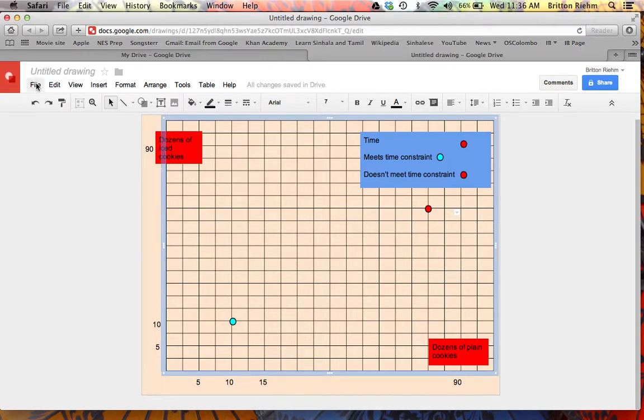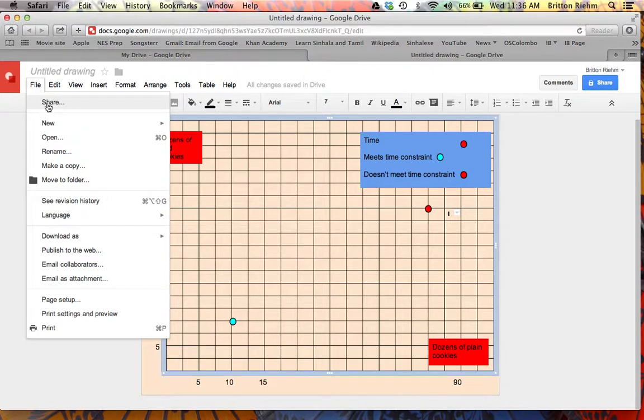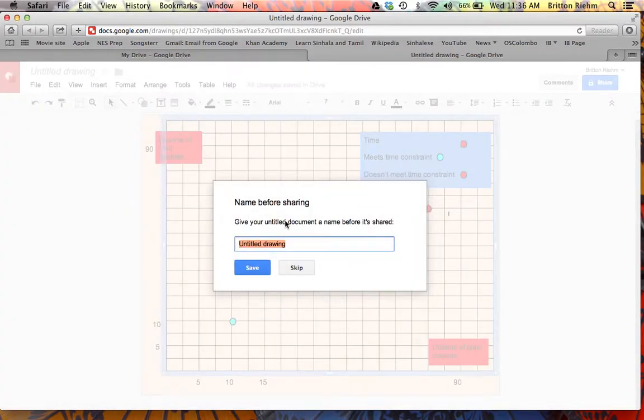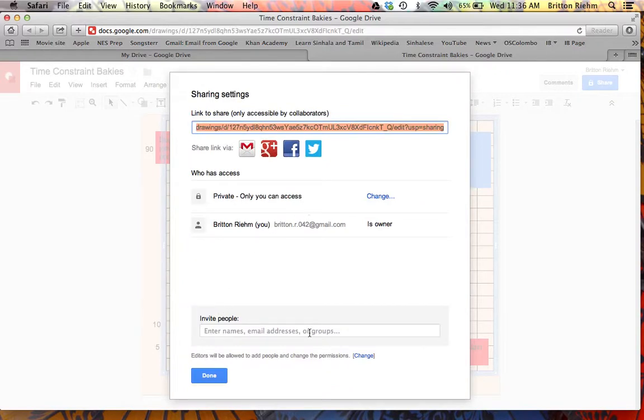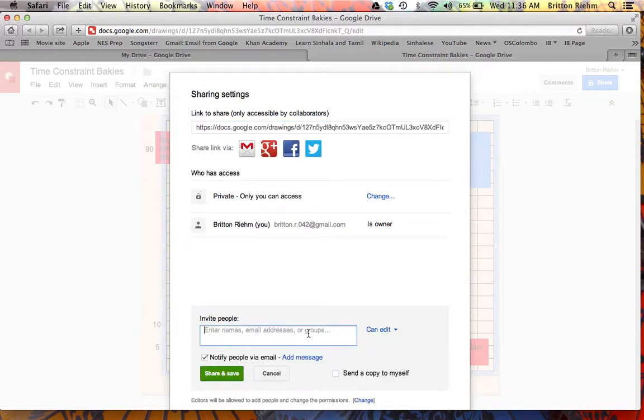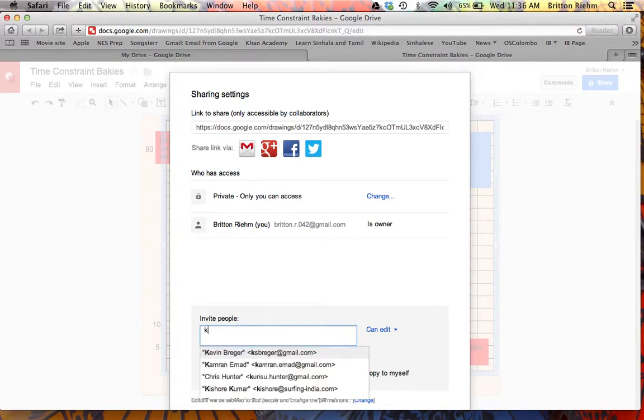Now the next step is to share this. And the first thing you have to do when you click on share is you have to give it a title. So time constraint. And then also include your group name. So this is the Bakeys. And then you're going to need to, once you've created it, invite people. So you will use their Gmail account, their school Gmail account. So something like,